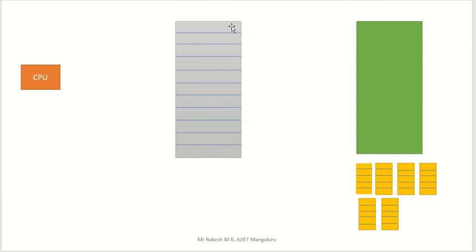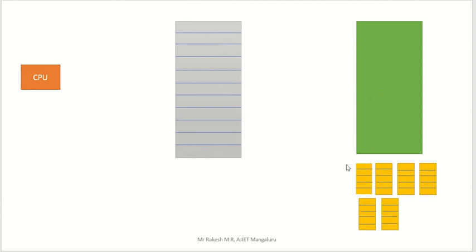One page we are going to load here. Once memory is full, then the rest of the pages we keep in secondary memory itself. Initially everything is in secondary memory, and we keep it as it is there. Only the required number of pages we take from secondary memory to primary memory.